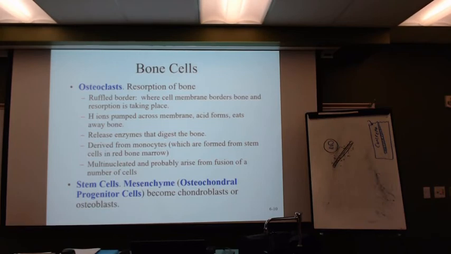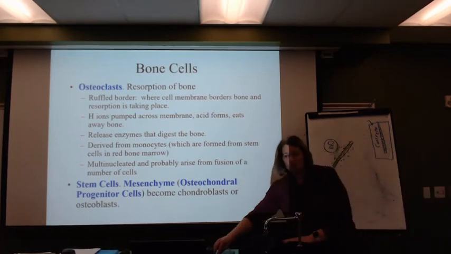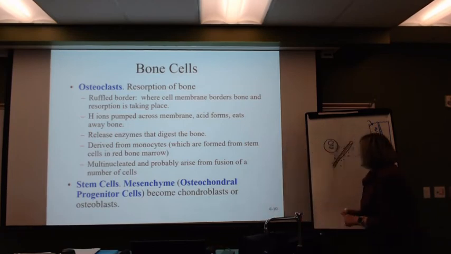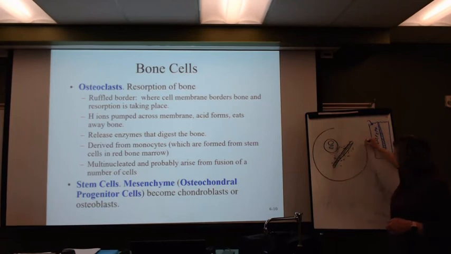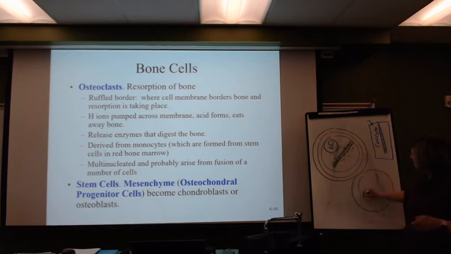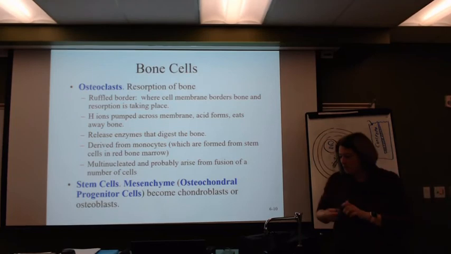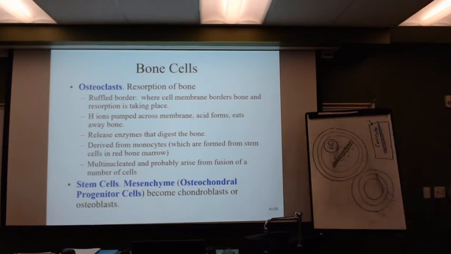So now, when I look at my structure, if I'm creating that osteon, which has these layers, and I've got osteons together around a bone,